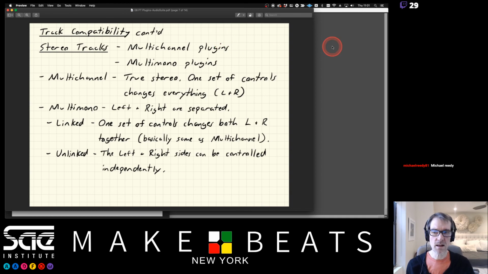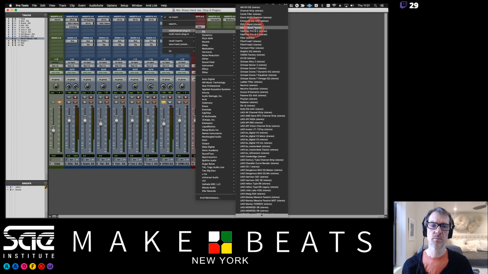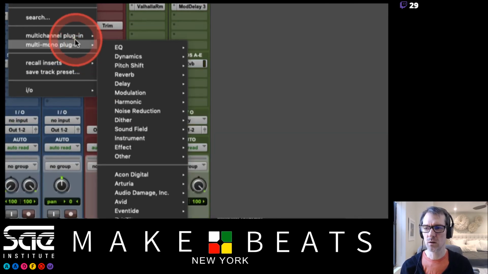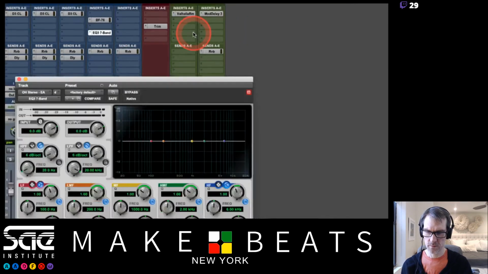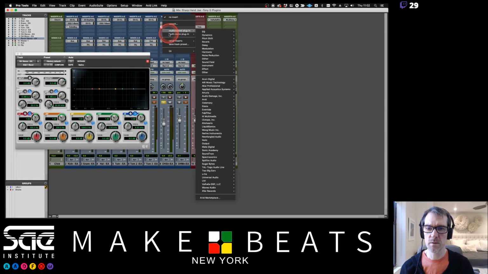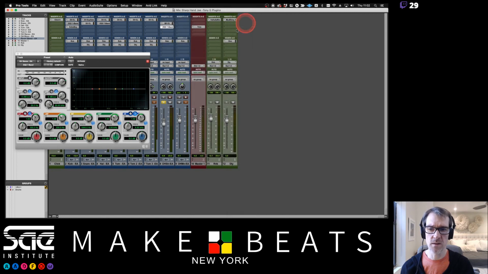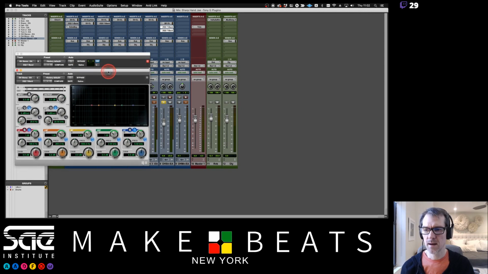All right, now let's go to our stereo plugin. So we have multi-channel versus multi-mono. So if I go down here and I've got multi-channel, I've got a multi-channel plugin. Let's solo our overheads out. Okay, there's our overheads. Let's go ahead and use an EQ on here. And I have two choices. I have multi-channel versus multi-mono. And I'm going to go ahead and put the same EQ on both settings. So I've got multi-channel here. And this one here is going to be multi-mono. And the only difference is going to be in the top part of the EQ. So if I go here and I look at these,